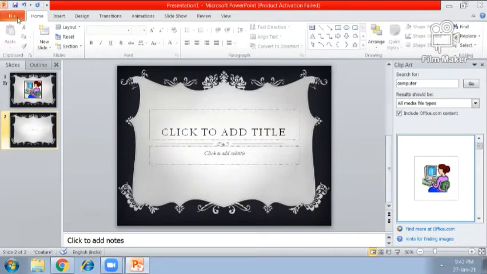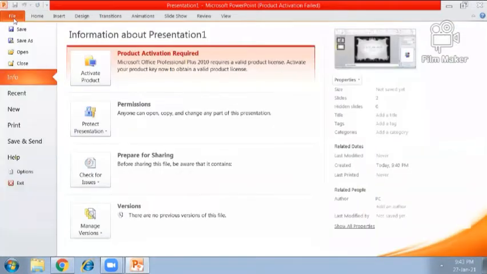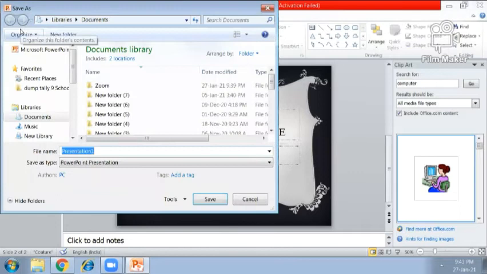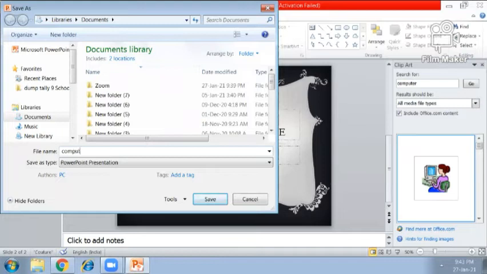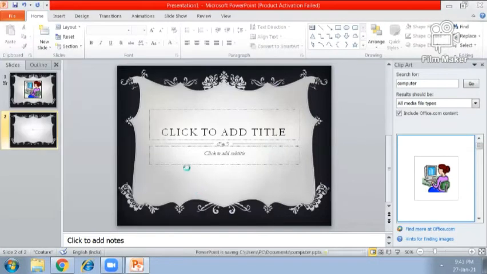save our presentation. To save the presentation, we have to click on file menu. Save option is available in file menu, you know very well. So to save a file, we have to click on save button, and you know that the extension of PowerPoint is .ppt, but no need to write .ppt because extension is provided by the computer itself. So we have to write only the name of the file, like this. Save. Now you can see that our file is saved with a particular name.